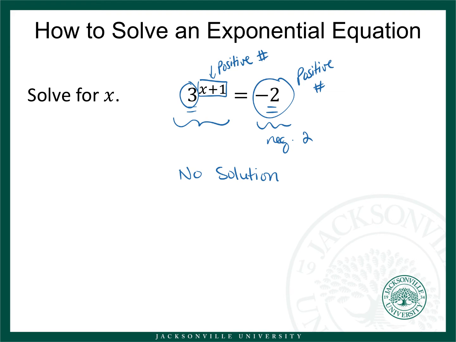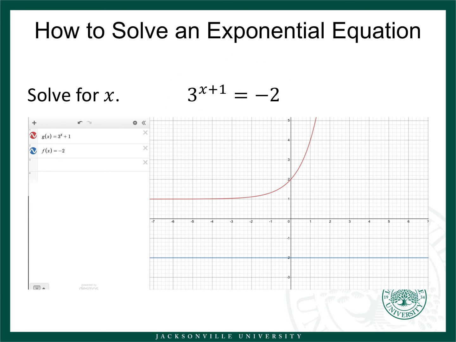So if there was a solution, then these two functions, so if I call this equation on the left f of x and I call the equation on the right g of x, if there were a solution, then graphically we would see that those two equations intersect each other at a point, and then we would have a solution for x. But I'll show you next how the graph of these two equations actually never intersect. Therefore, there's no solution. So here, I hope that you can see in red, I've got the graph of 3